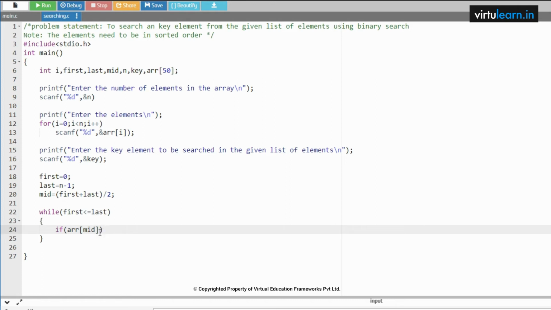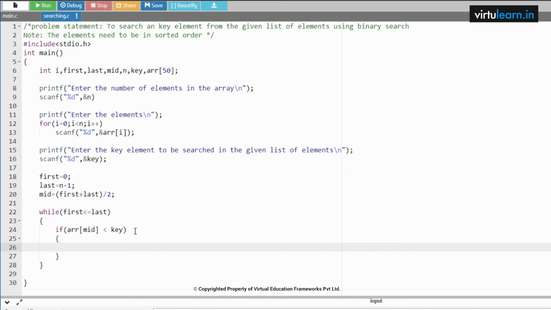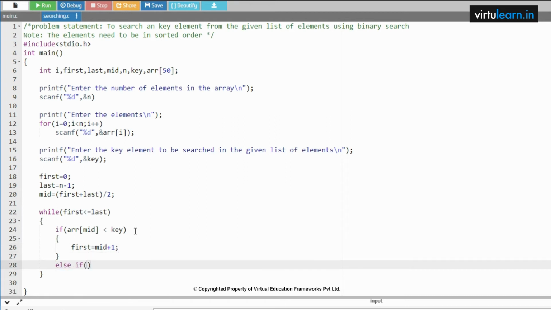Let me first check the condition: if array of mid is less than the key element, then I am updating the value of first to first equal to mid plus 1. So I am updating the first value as first equal to mid plus 1. Next, else if array of mid is double equal to the key element,